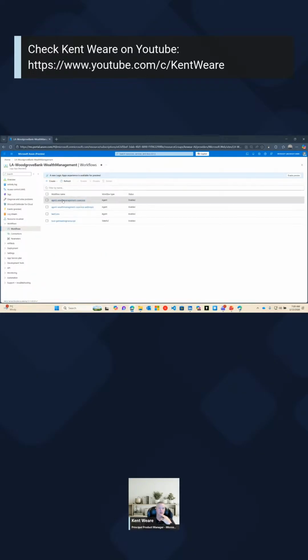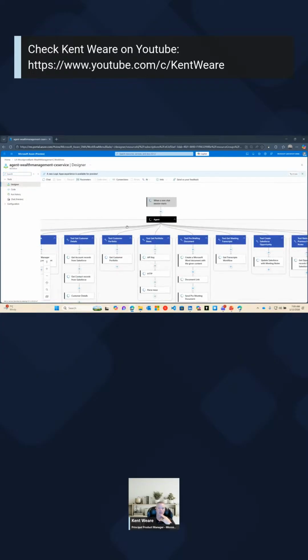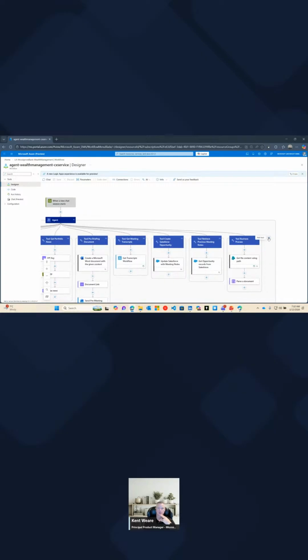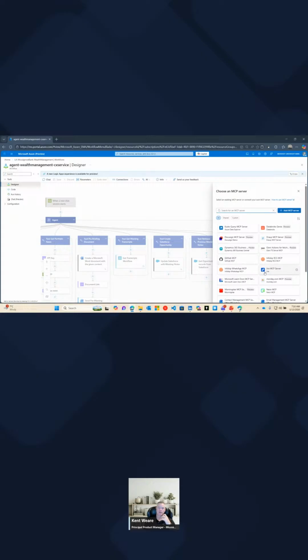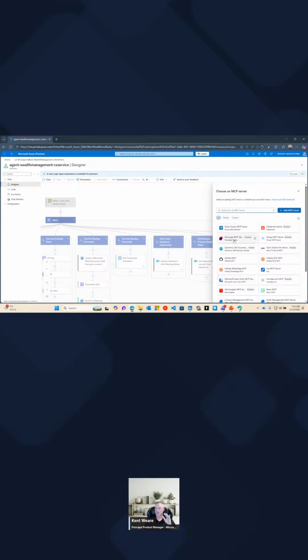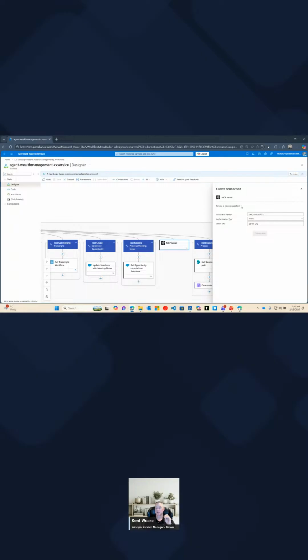But inside of an agentic workflow here, when you go ahead and add an action, it needs to be inside of an agent loop itself. When you click on the plus sign, there should be add an MCP server preview. And so this is going to be pretty similar to what we're going to see in Copilot Studio, where there's going to be some of these that are like out of the box MCP servers. And then in this case, we would add a custom MCP server. We would choose our authentication. In this case, it would be OAuth. We would provide the information, and then we could go ahead and call it.